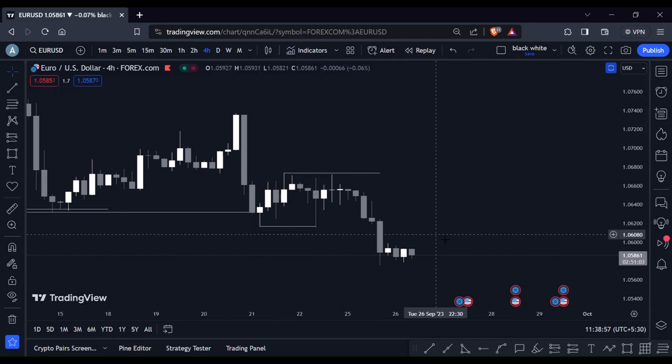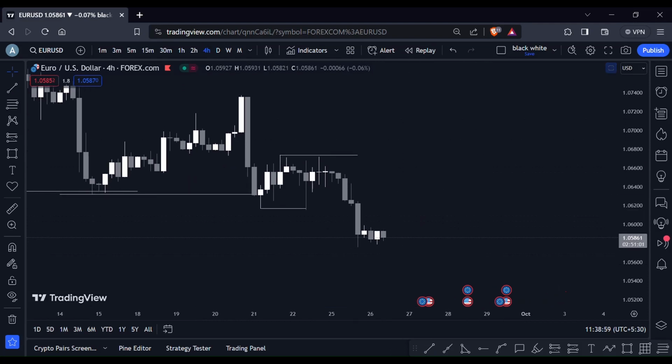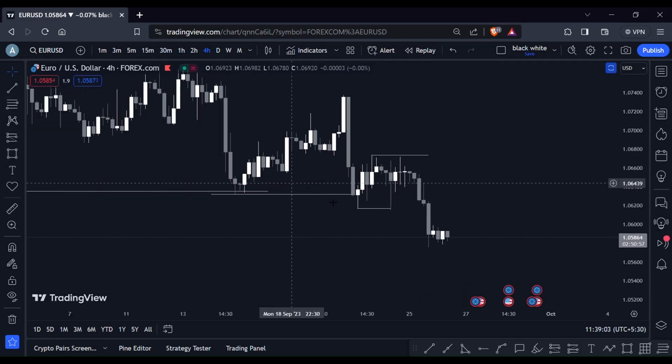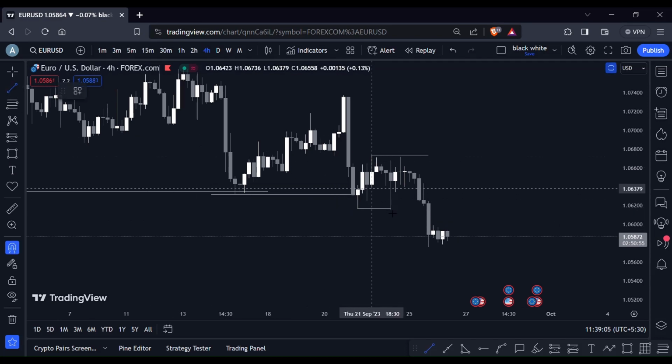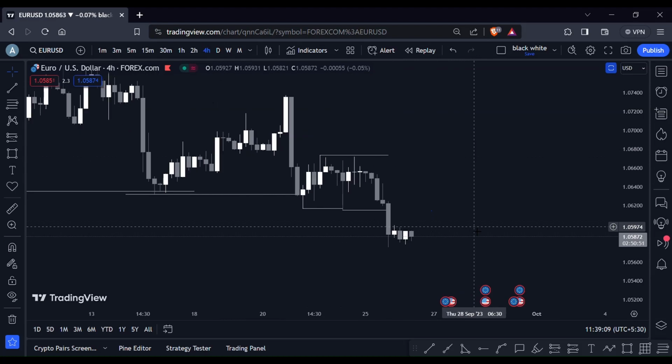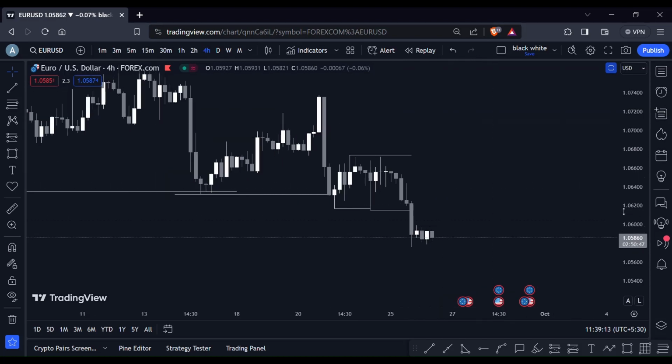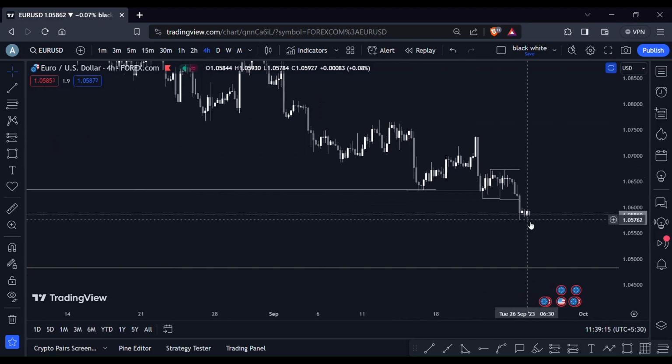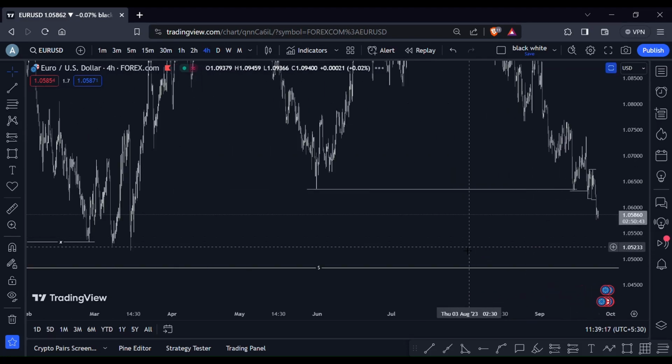It failed to break the high. So what was the major thing which was considered as the bearish? This was the weak low, and most probably it's going to be broken. So we have already broken the zones, and now as the